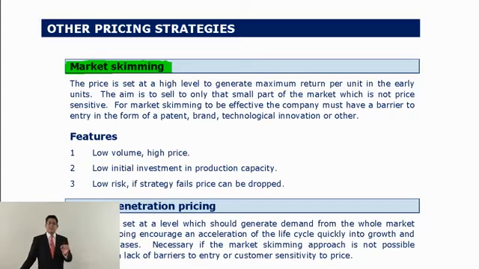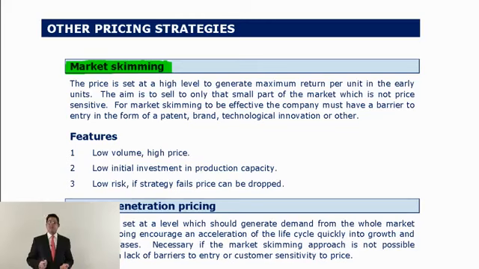Skimming is very suitable when the products are unique and do not have much competition. Whenever a unique product comes in the market, we know that people are queuing up to buy that product because they know that it will have limited life. Maybe in 6 months, 1 year, the product will be removed and the new model will be coming. So many people like to buy the product straight away when it is launched, and they are willing to pay